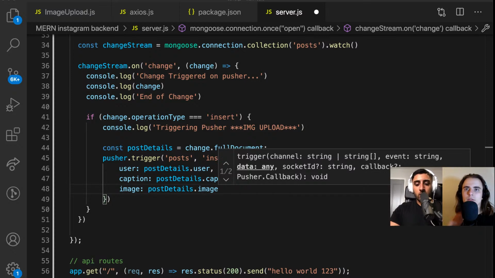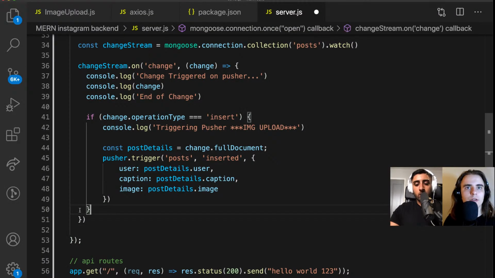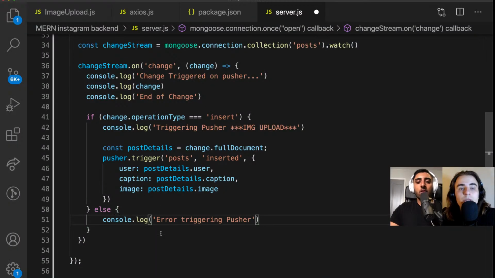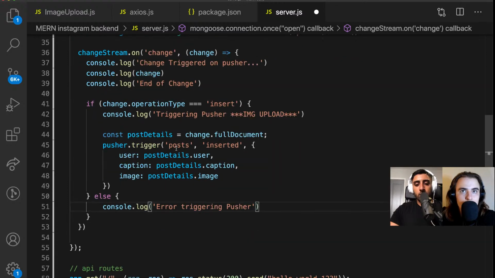So it doesn't crash the whole application. So else, just console log error triggering Pusher. That wouldn't be the else, I guess. Because it could be a different type of change request that comes in. Yeah, but since we're doing just this part,